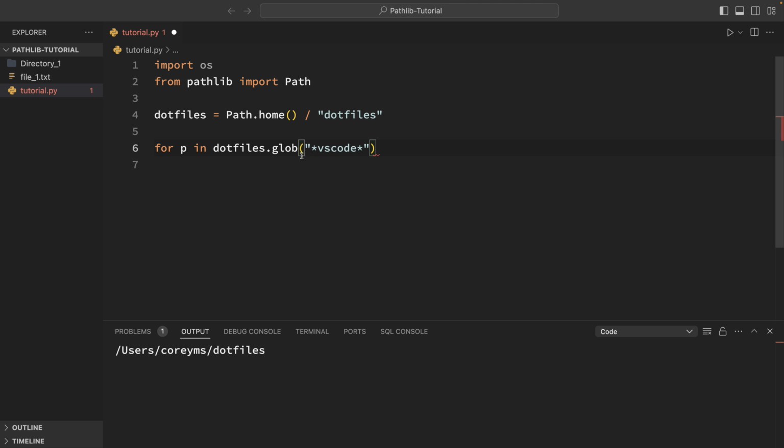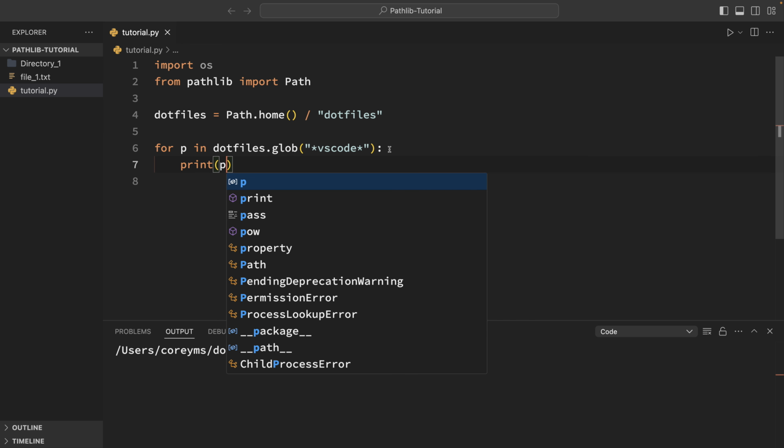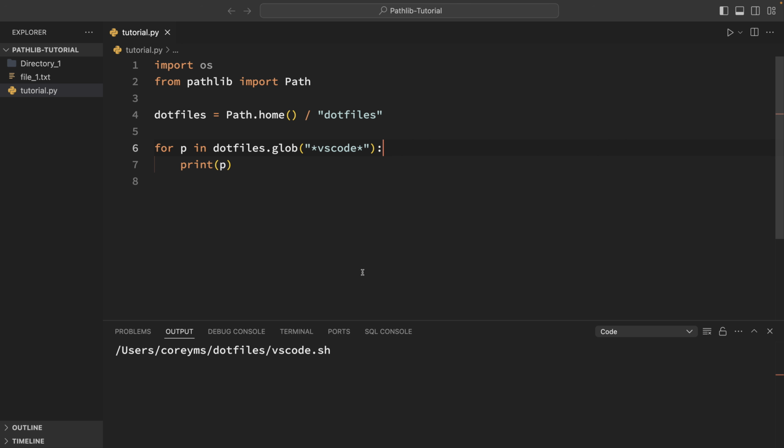the middle. So it can be at the beginning, or it can be at the end, or it can be in the middle. That's what these wildcards here are. So anything at the beginning and anything at the end, as long as it contains this VS Code. So now let's just print out all of those paths that match that. So I will run that, and you can see that we only get one result here for this